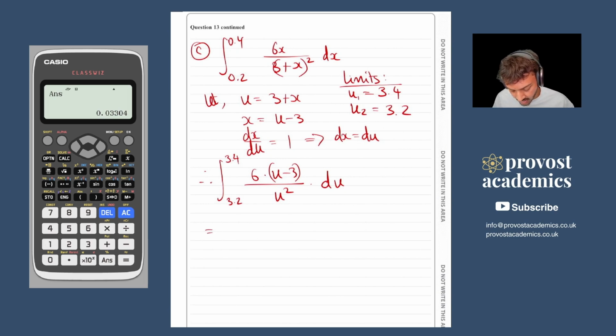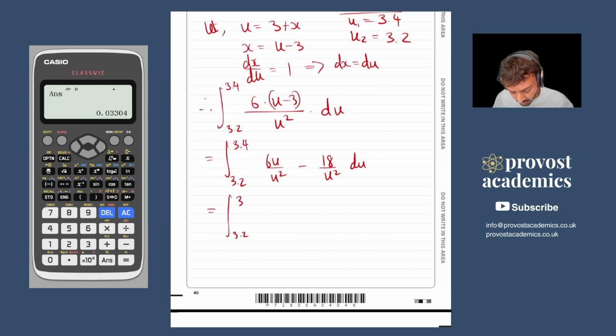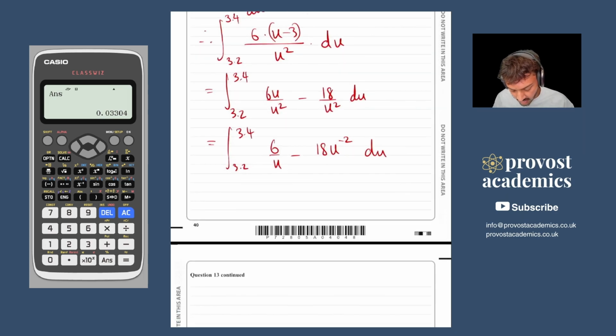And to have that, I've got to divide the fractions into individual bits. So 3.2, 3.4, 6u over u squared minus 18 over u squared du. So now I can simplify this a bit, to give us 6 over u minus 18 u to the power minus 2 du. So now let's integrate this. So I get 6 ln of u minus, now add 1 to the power, divide by the new power. So adding 1 to minus 2 will give me minus 1. When I divide by the new power, I'll get a positive. So I'll get 18u to the minus 1,